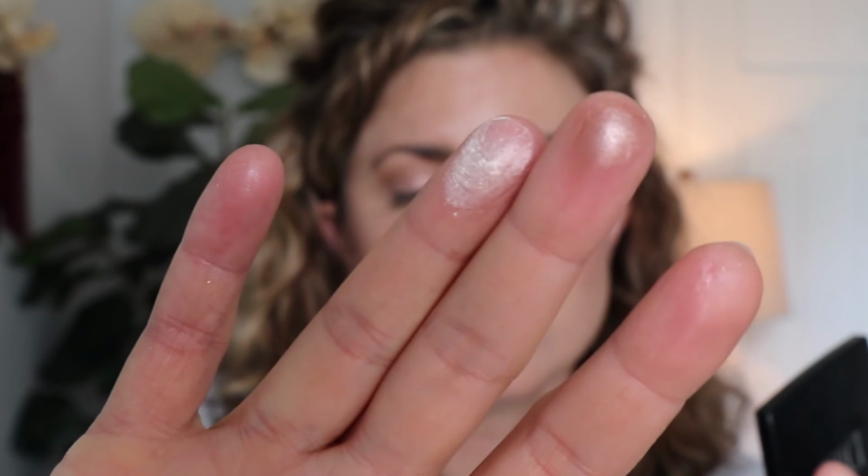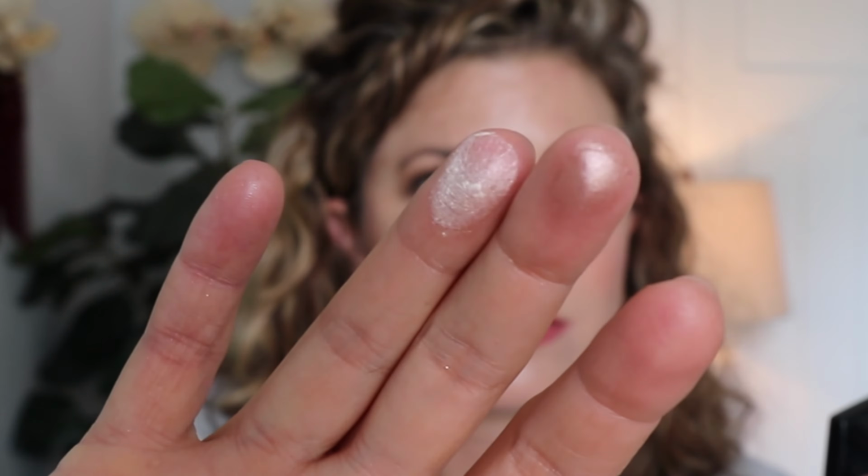Like, I felt like this here should have been a really good topper. Is something wrong with this palette, guys? Am I missing something? Like, this one almost seems dry. Look how this is swatching. Is that how it's supposed to be? It's not very...